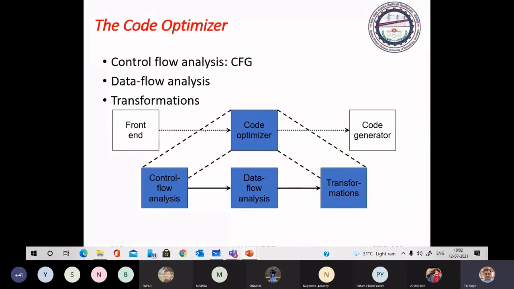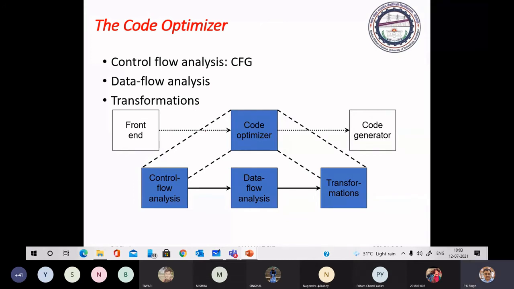We can go for the transformation of the code so that it may be effectively executed. Second is optimization as per the hardware resource available for execution of that very program.